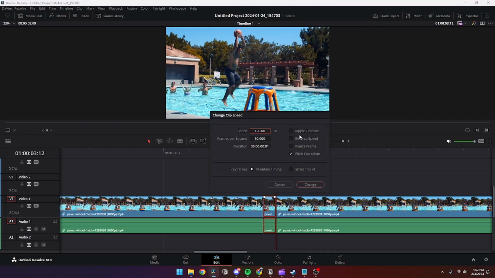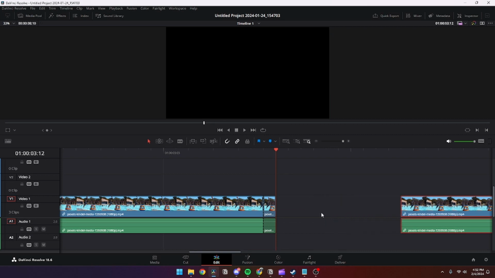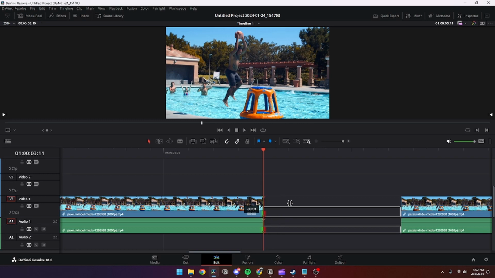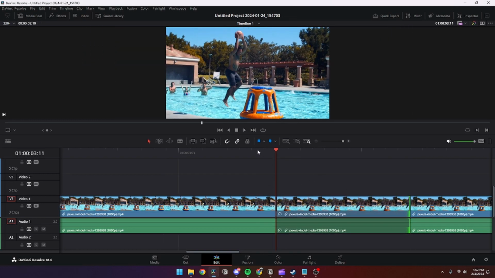When you have that open, you can select the freeze frame right here and click change. Then from here you can go to the select tool. You can take this off the grid and you can make this as long as you want to, like so. And I can quickly show you how it does look